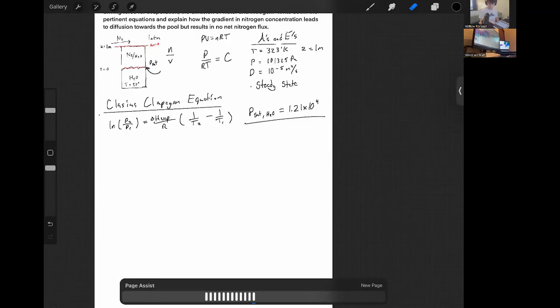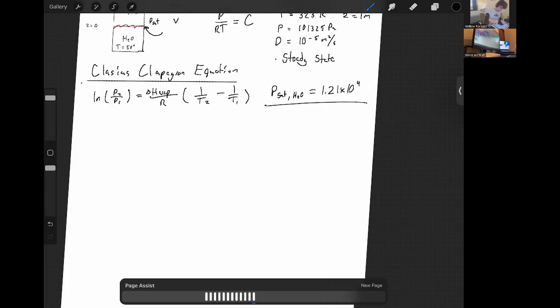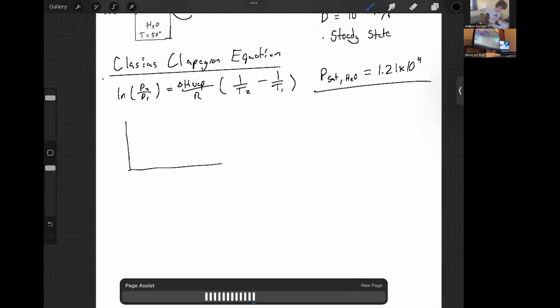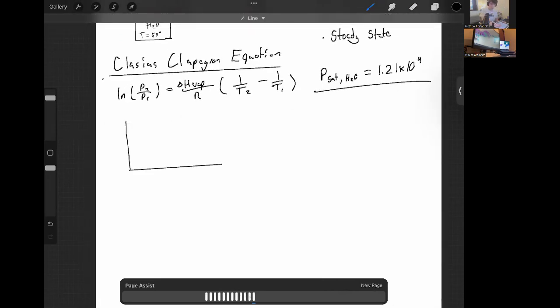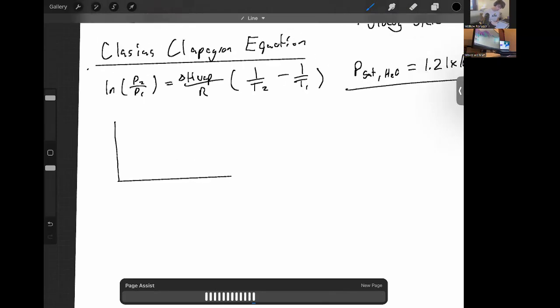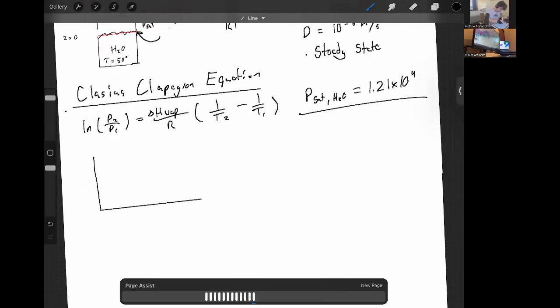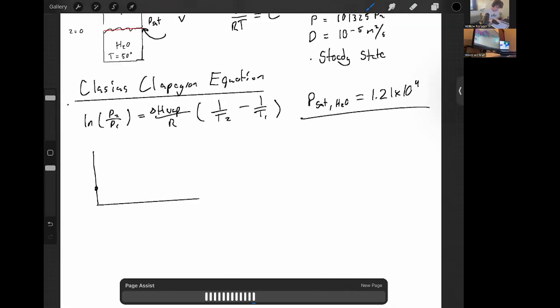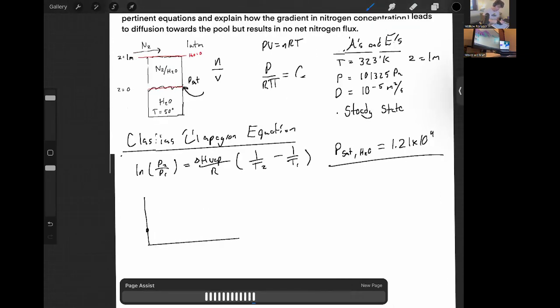I'm actually going to hold off for a little bit. We don't really need to use this equation right now because we're not concerned about the actual concentration number, but we do know that there is some positive value of concentration, because we're just going to do a rough sketch of what's roughly happening with concentration. This will become more relevant as we solve for the partial pressure of nitrogen to see what its concentration could be. So we know that it's some positive value, and we know that we're starting at 0 meters